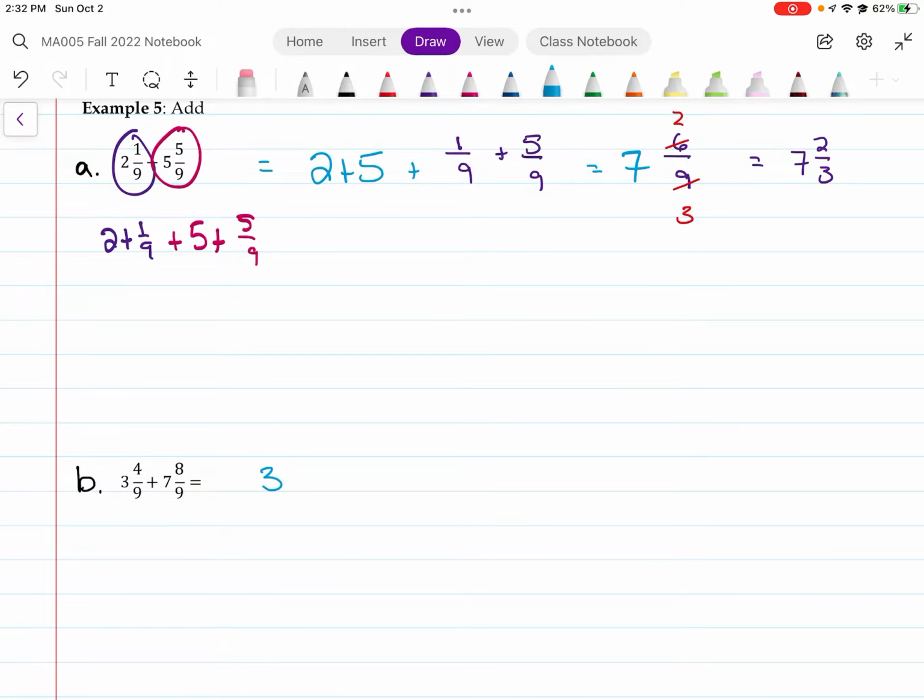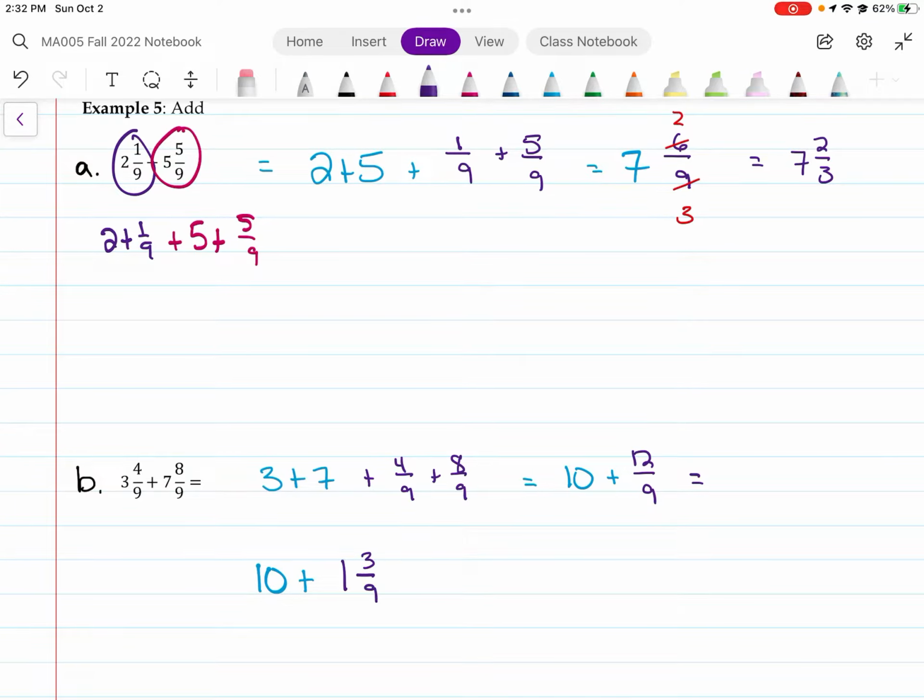All right, so you should get 3 plus 7 as the whole number part that you're going to add together, and then 4/9 and 8/9 as the fractional part that you're going to add together. 3 plus 7 is 10. And then 4 ninths and 8 ninths becomes 12 ninths. All right, so we have here, I'm going to come down below, 10 and now 12 ninths is 1 and